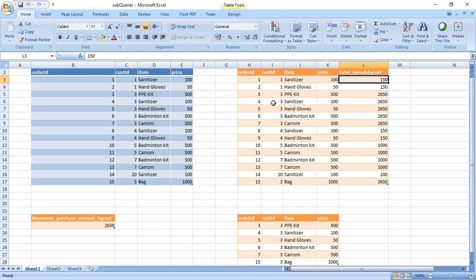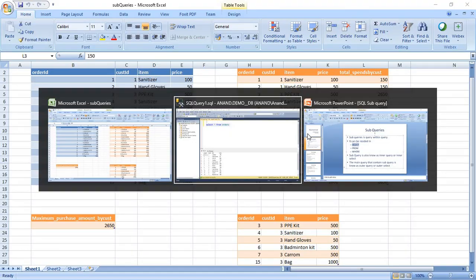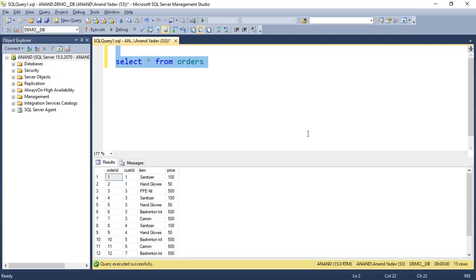Similarly, customer ID equal to 3 has spent 2650 to purchase these items: PPE kit, sanitizer, hand gloves, badminton kit, carom, and bag. Similarly, we want to find out for customer ID equal to 4, 5, and so on. This is our first problem statement, and we are going to solve it with a subquery, which we will write in the select statement. So let's see the practicals.